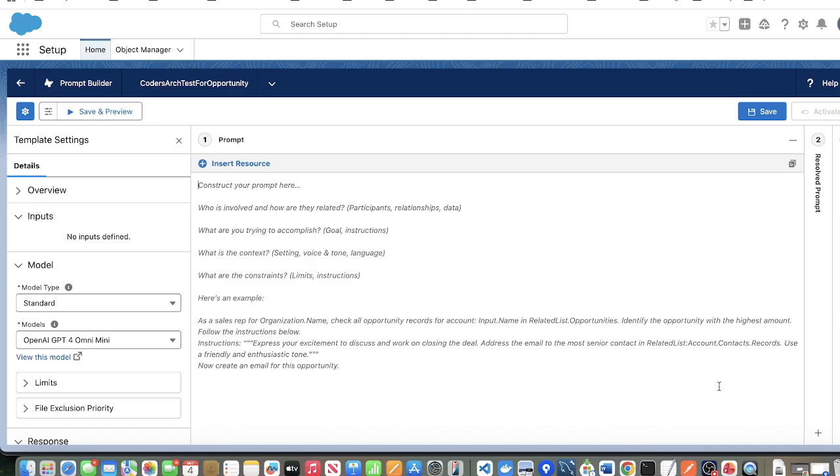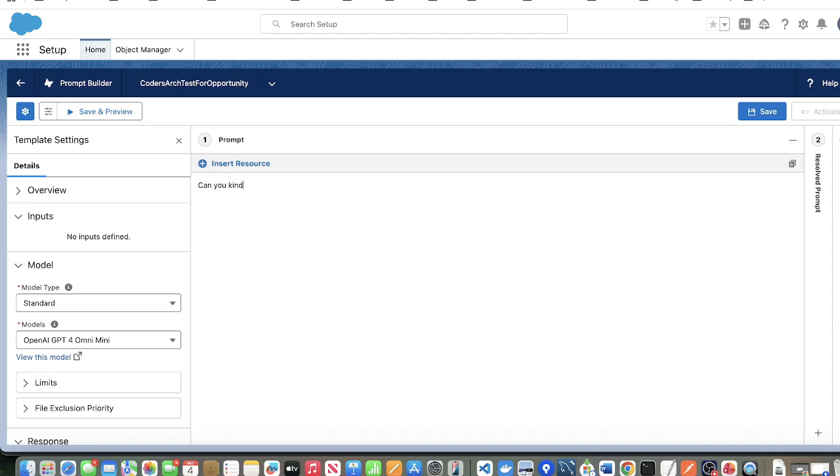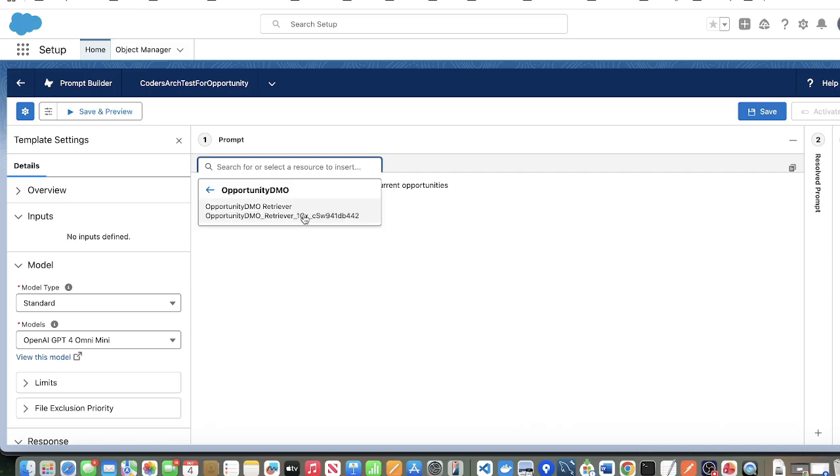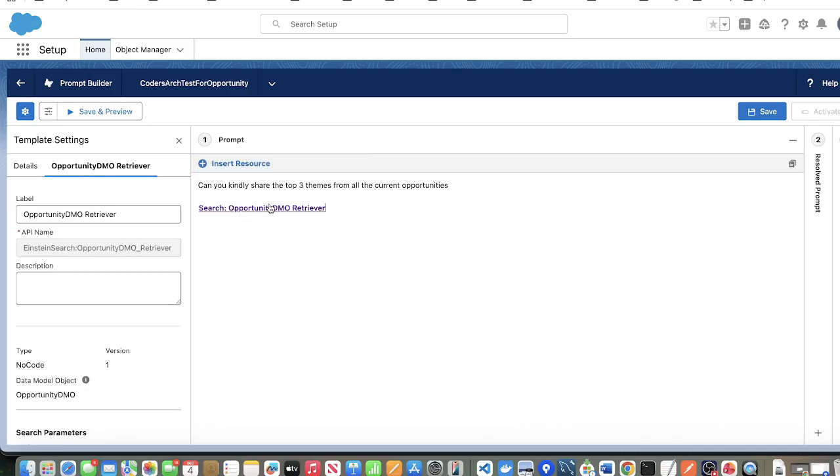Let's just say ask a very basic question. Can you kindly share the theme, the top 3 themes from all the current opportunities? And now we will insert a resource, and in the resource we're going to click opportunity DMO and add the retriever, and click on the retriever, and then you can ask the same, please